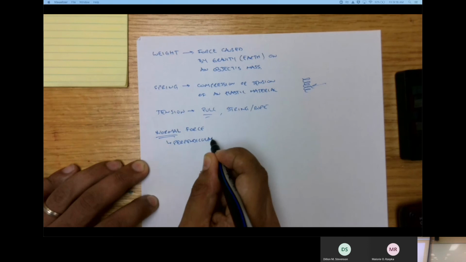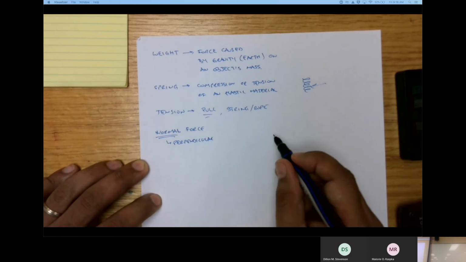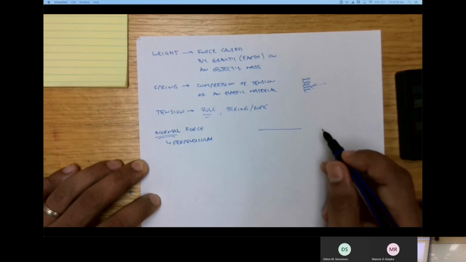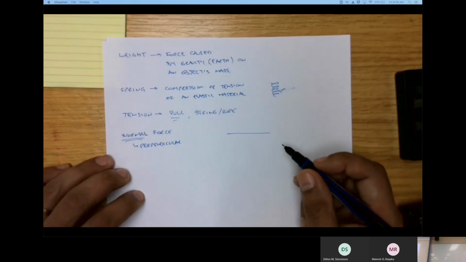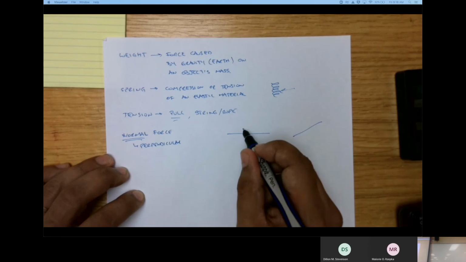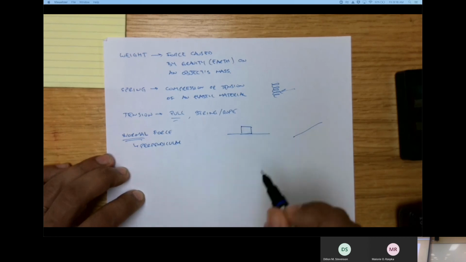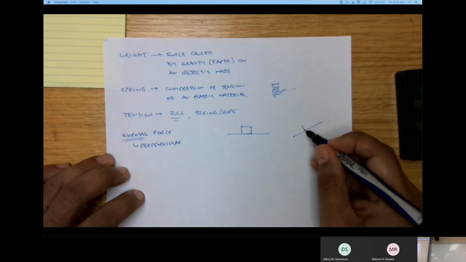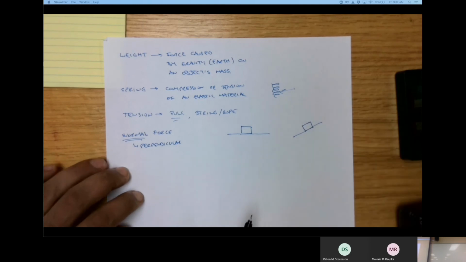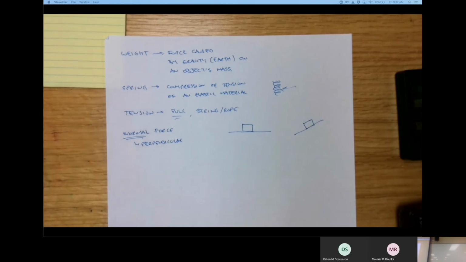The normal force basically says, if I have a surface, and a surface doesn't have to be flat, it can be a tilted surface, and I have an object on that surface,